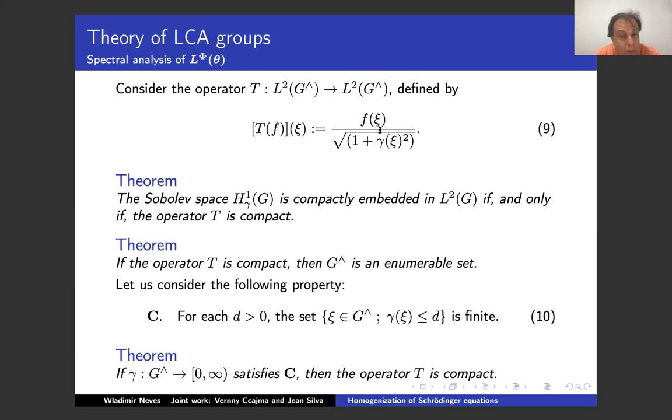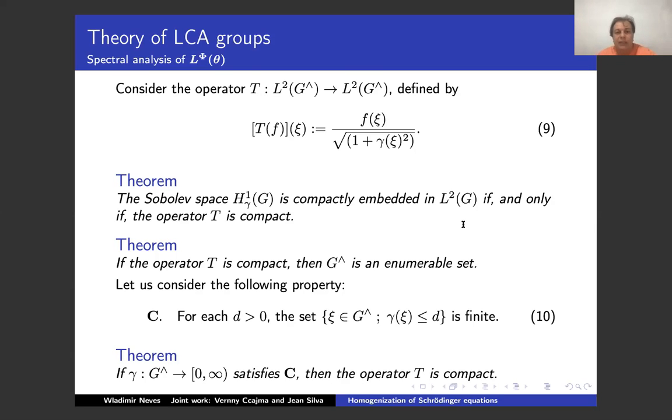Oh, sorry, the Sobolev space. So given this operator, we can make an equivalence theorem, which tells you the following: the Sobolev space H1 of gamma is compactly embedded in L2 if and only if the operator T is compact. So somehow you have the Rellich-Kondrachov theorem if this T is compact. Anyway, so you are going to characterize exactly what the conditions are to have this Rellich-Kondrachov theorem from the property